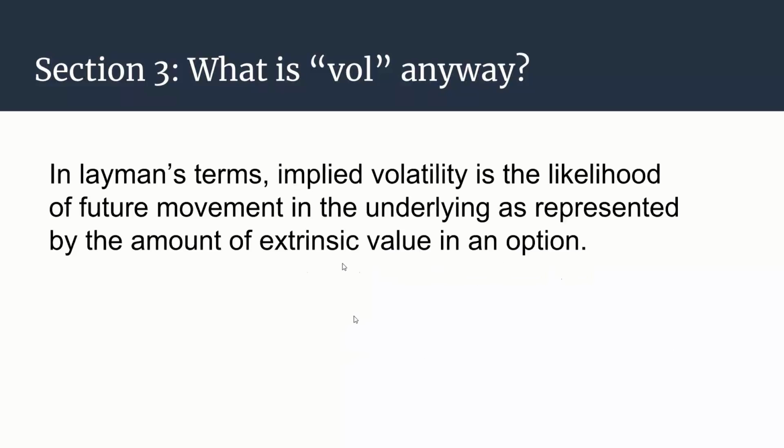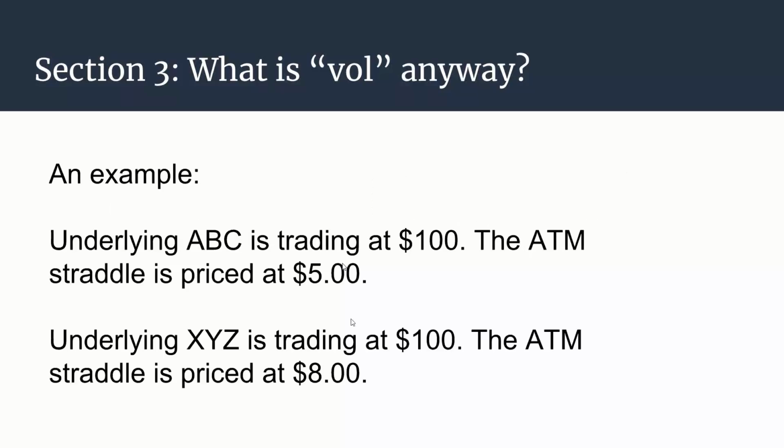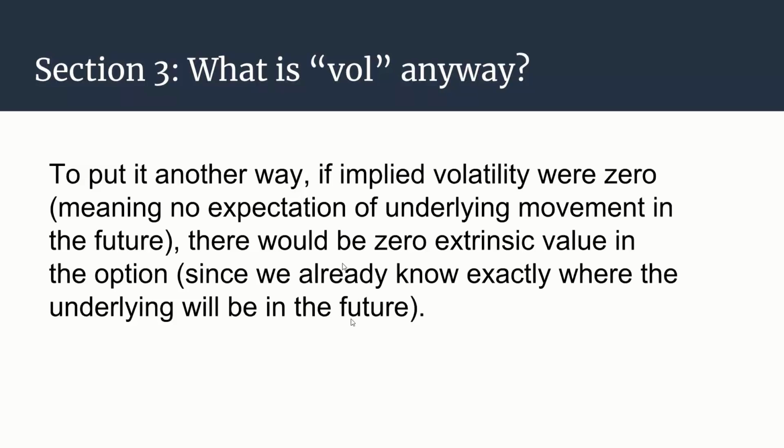All right, so in layman's terms, implied volatility is the likelihood of how volatile the future movement in the underlying is. And it is found in the extrinsic value portion of the option. I'm sure we all know this, but an option value has intrinsic value and extrinsic value. So everything that is not intrinsic in the option price is the implied volatility. To put it another way, if your implied volatility was 0, that would mean the option was pricing in no movement in the underlying. If you had no extrinsic value, that basically means that the option market is pricing in absolutely no movement